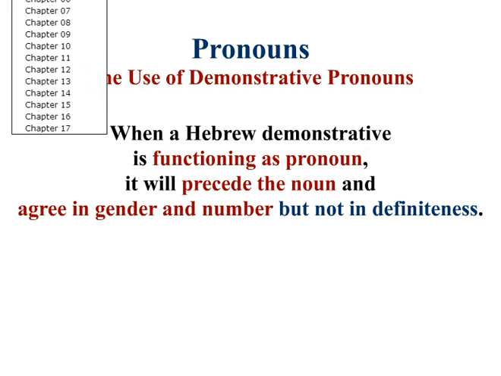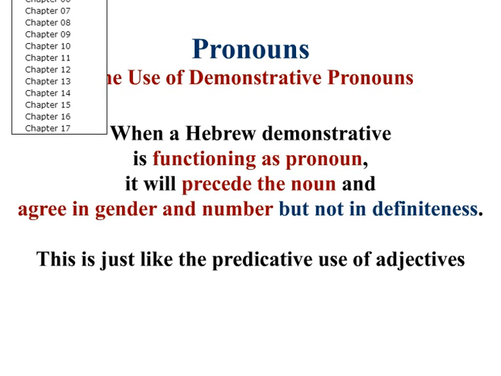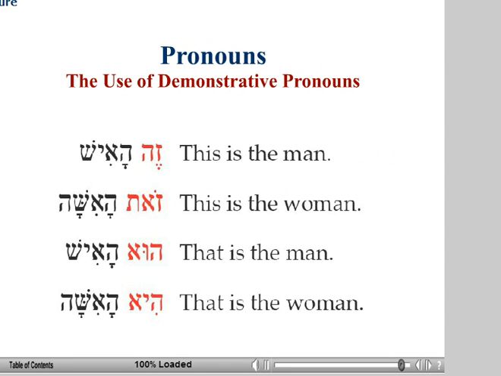This construction, you understand, is just like the predicative use of adjectives. Again, we give 8 examples. Ze ha'ish. Ze is the demonstrative pronoun. It agrees in gender and number. Note that ze precedes